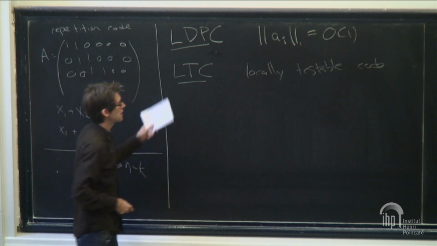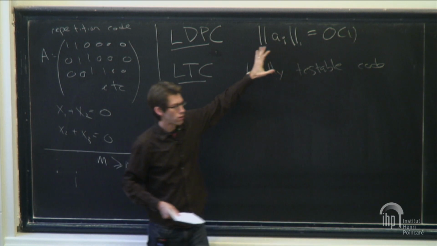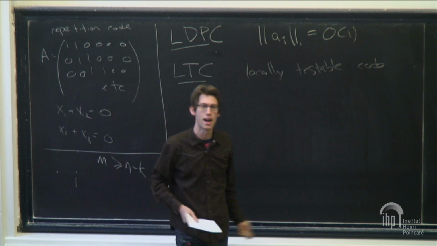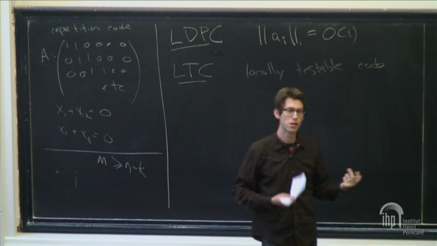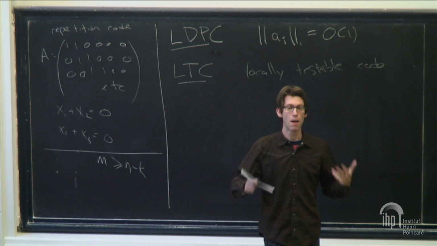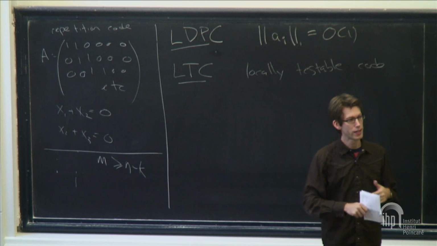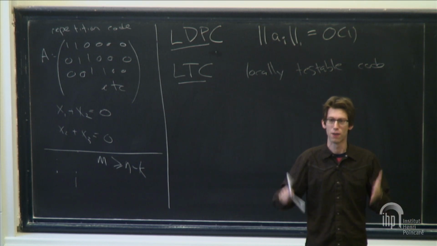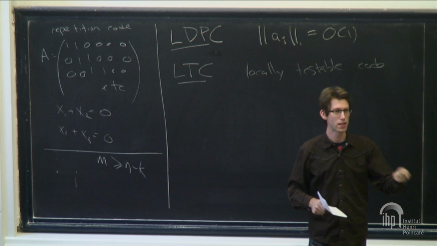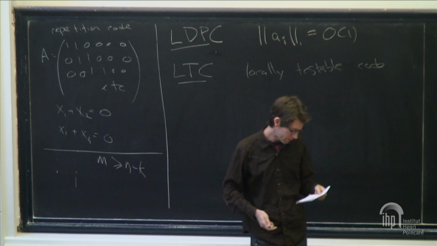So the locally testable code condition is that not only can we do these checks by examining a constant number of bits, but we can also, if we're far from the code, see it show up in many of the checks. So if we're far from the code, if let's say a large fraction of our positions are far from any code word, then a large fraction of the checks should also be violated.